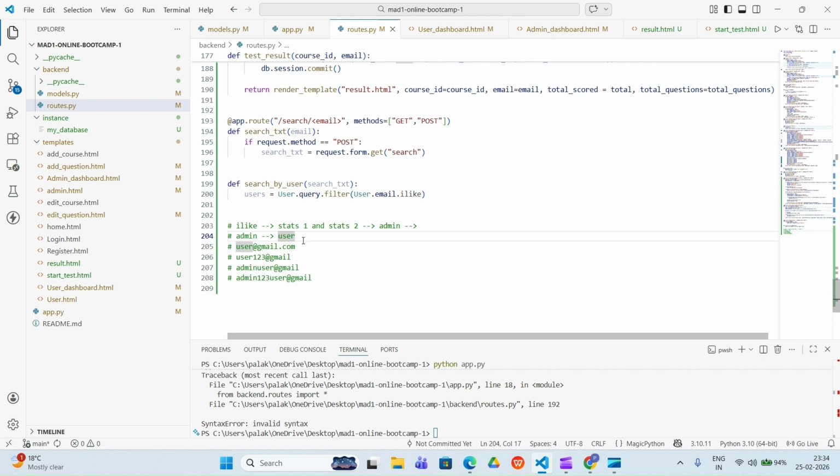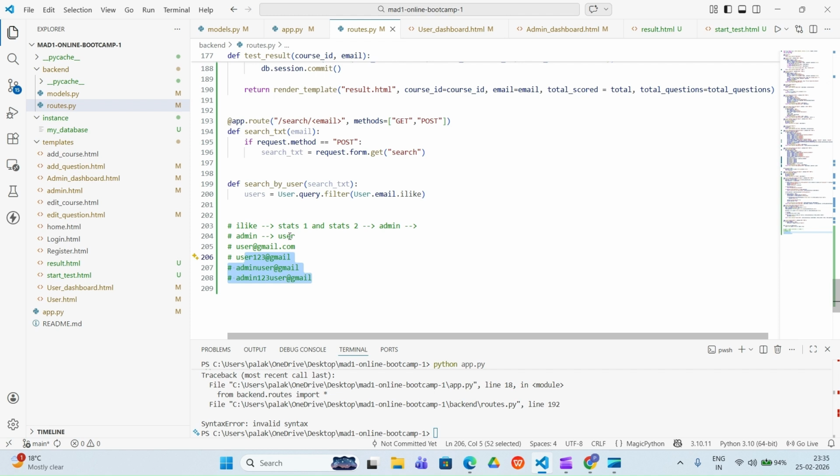All the emails contain these words. If I click on it, you can see all these emails will come. All emails which contain these words will come here. Okay, so all the emails will come here.